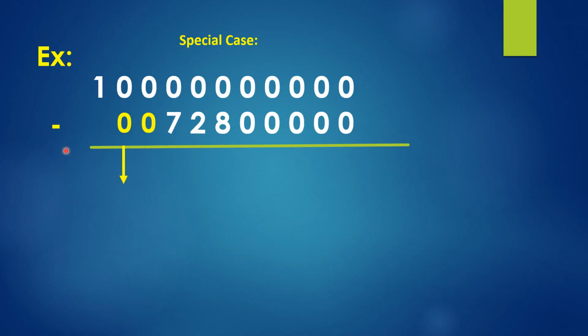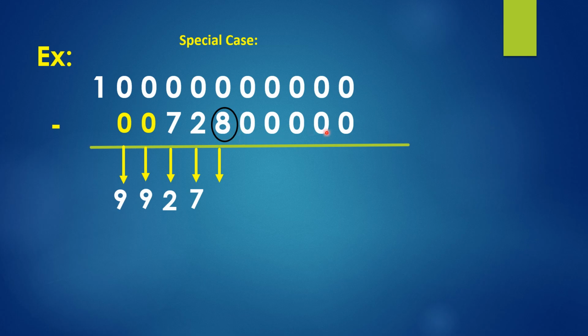Nikhilam Navataha. So how much should be added to 0 to get 9? 9. Same as it is again 0. How much should be added? 9. Coming to 7. Nikhilam Navataha. 7 plus how much is 9? 2. 2 plus how much is 9? 7. Now you observe here, 8 is there.